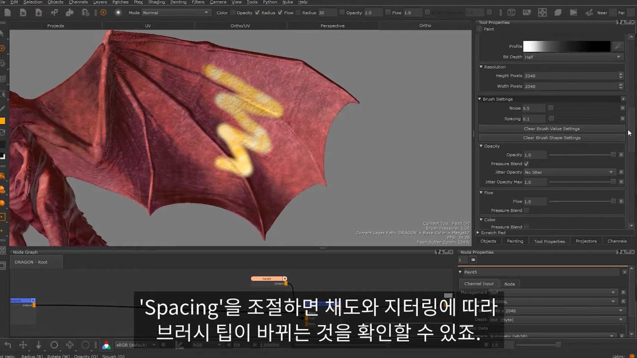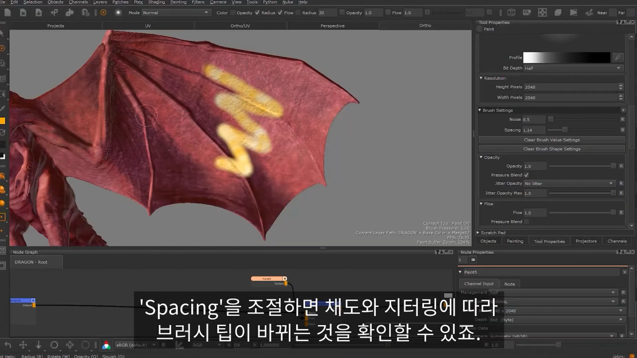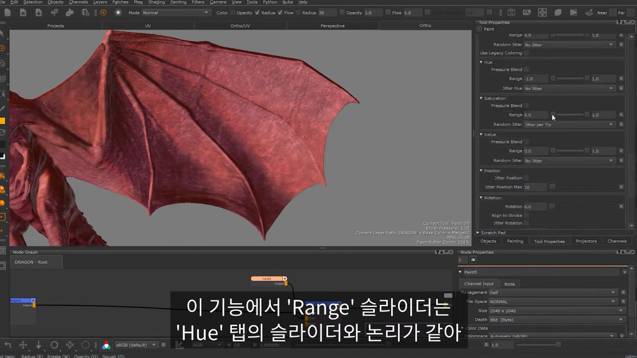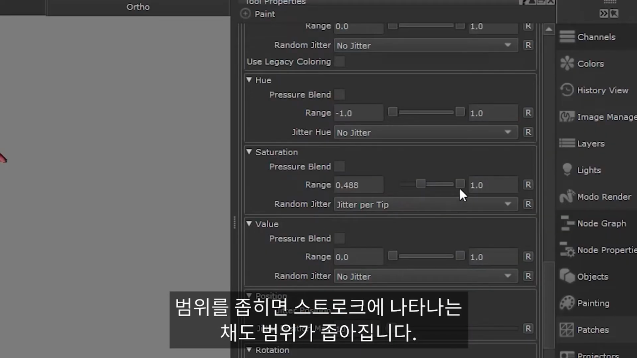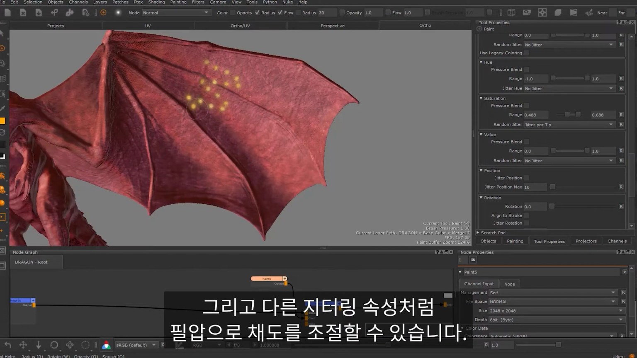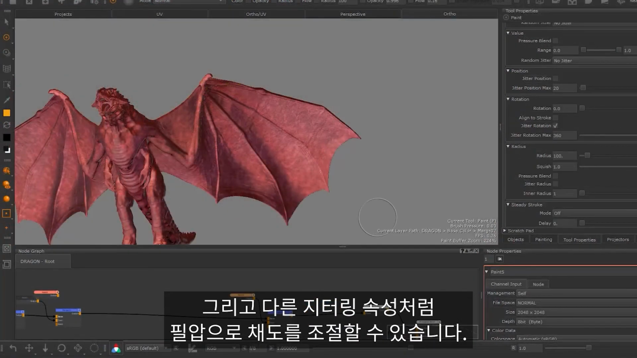If I make some adjustments to the spacing, you can see what's happening on a per splat level as with our hue and colour jitters. The range slider for this feature works on the same logic as a hue slider. So if we're narrowing the ranges, we're also narrowing the amount of saturation levels available to us in our stroke. And just like our other jittering properties, we can enable pen pressure and use it to control the saturation levels